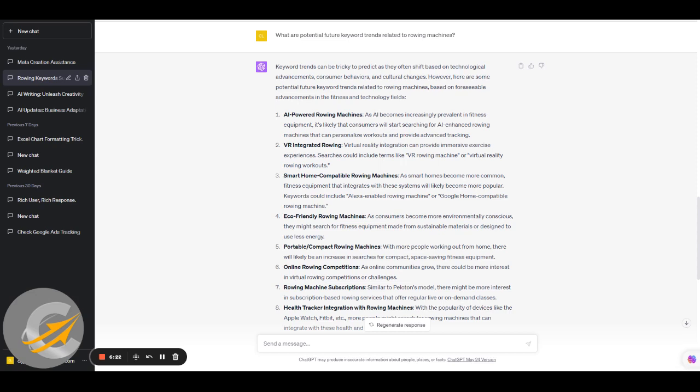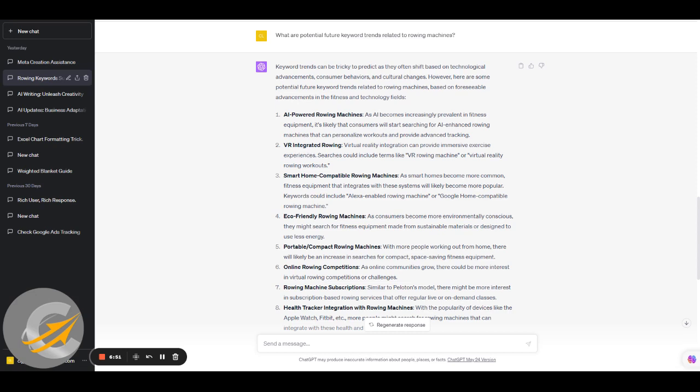Now, the beauty of that is I actually ran that term through SEMrush, and there's not any searches for it. So you might ask yourself, well, what's the point in creating a site around AI powered rowing machines? Easy rankings. And the fact is that if they launch, and other products that you can think of that would use AI, like smart thermostats and so on, you can get really easy rankings and get in there before anybody else does. Another idea is virtual reality integrated rowing.